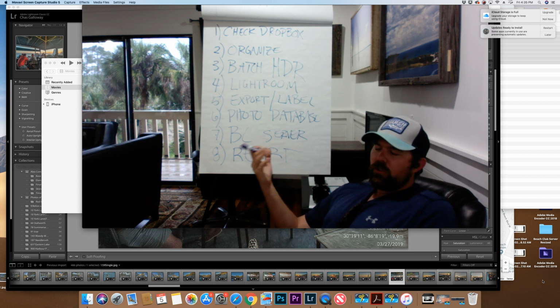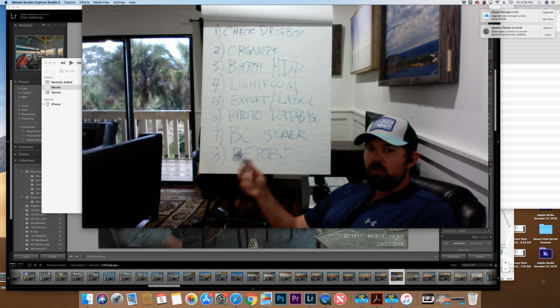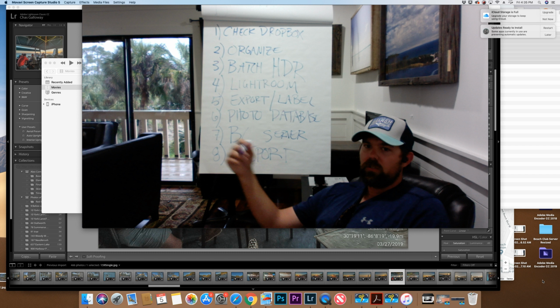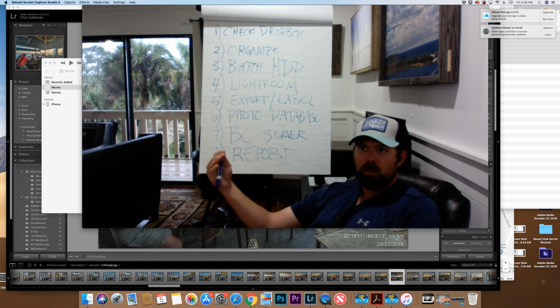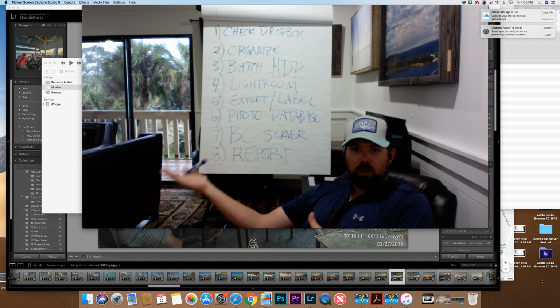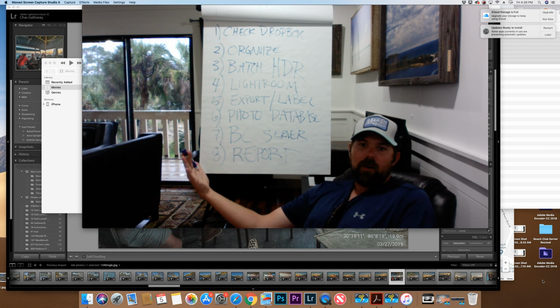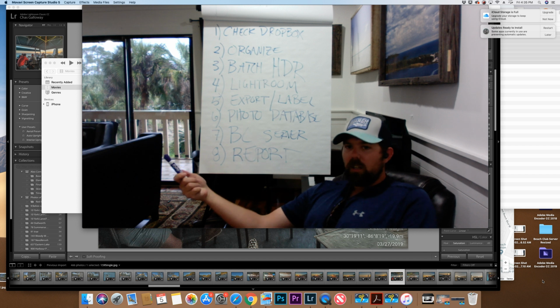like I said, there's two different types of photos. There's single exposures and there's bracketed exposures. You can see them very quickly, so you need to immediately find the ones that you need to batch, the bracketed photos that you need to batch through Photomatix. Get those processing. It only takes about an hour at the most. So before you go get your coffee or something in the morning, get the photos batching, and then when they're done,